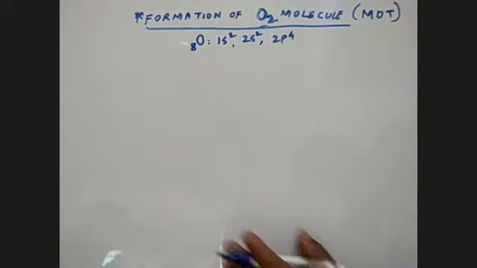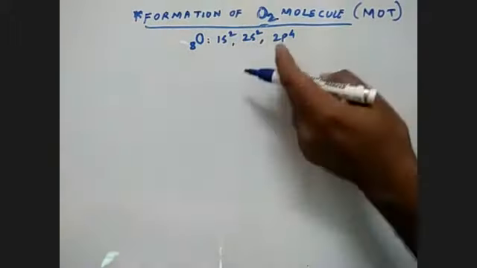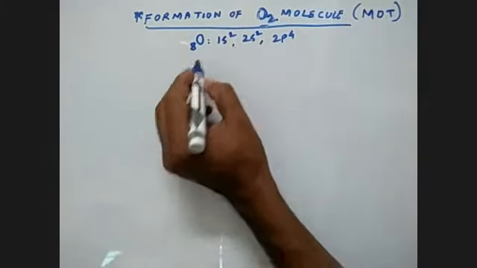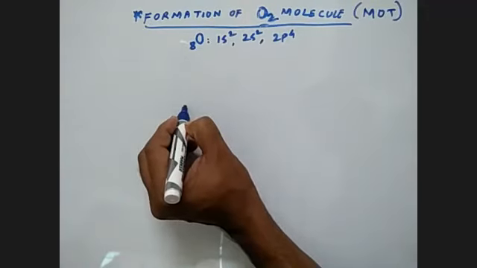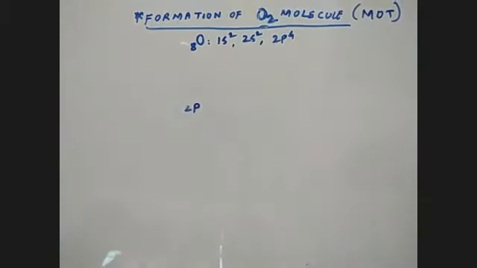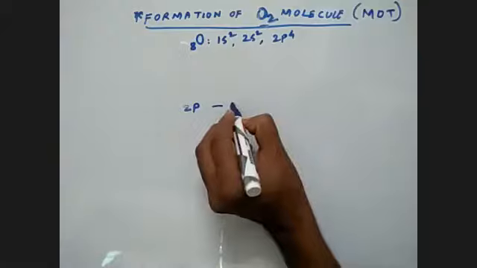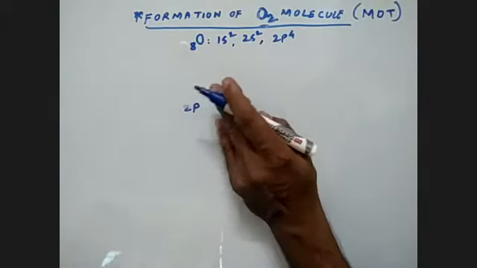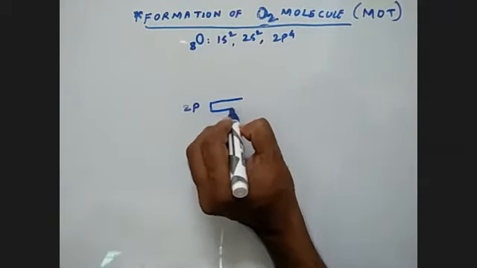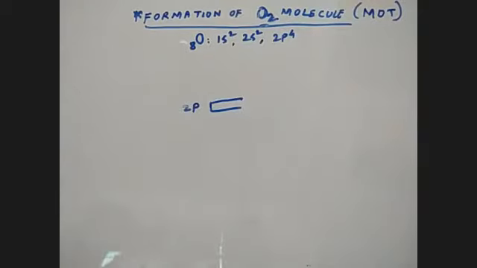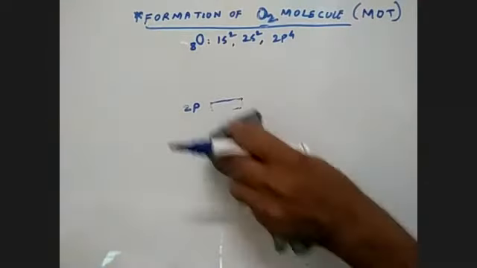Okay, right. So first point is write the electronic configuration on this side and another oxygen on this side. First we will write which is highest in energy, 2p. So we can write here 2p. How many orbitals are there? 3 orbitals, 1, 2, like this. Or you can write in boxes, no problem, it is also accepted. But boxes may create some problem in MOT, so better to avoid boxes, okay?